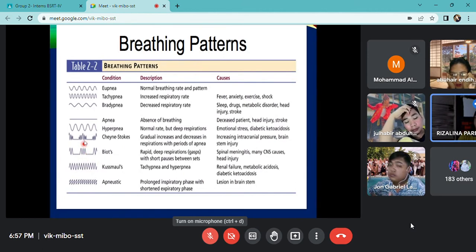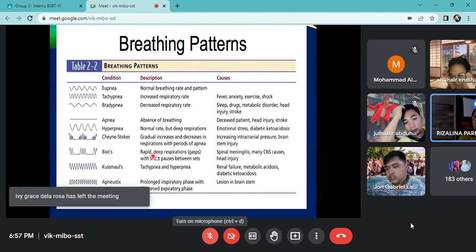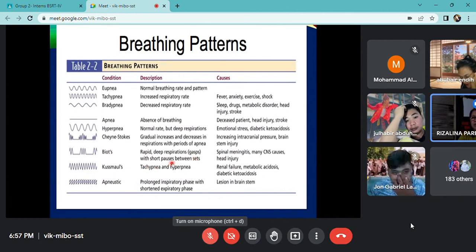So, biots as compared to Cheyne-Stokes, pantay yung kanyang inspiration. Meron din siyang moment of apnea. So, biots is a rapid, deep respiration or gasping with short pauses between sets of breathing. So, in cases of spinal meningitis, okay, CNS causes or problem, head injury, pwedeng magkaroon siya ng biots. Kussmaul, laging lumalabas, is the deep and fast